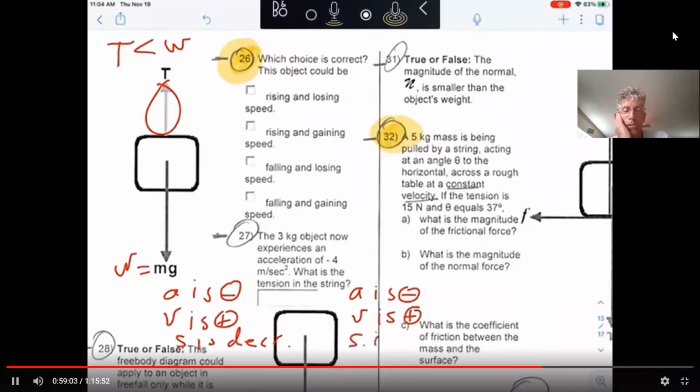Or, because velocity isn't mentioned, it could be the other case, the speed increasing. It could be rising with decreasing speed. So it could be the first choice or